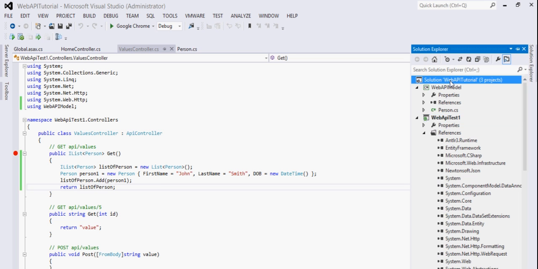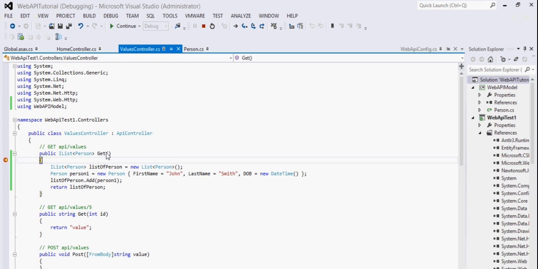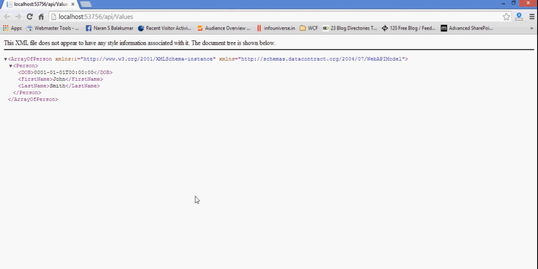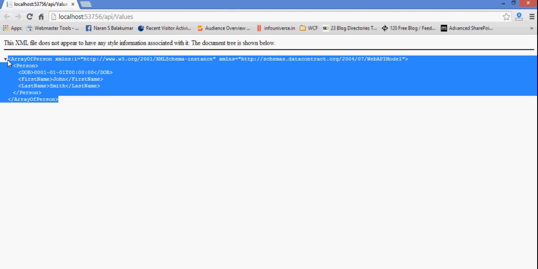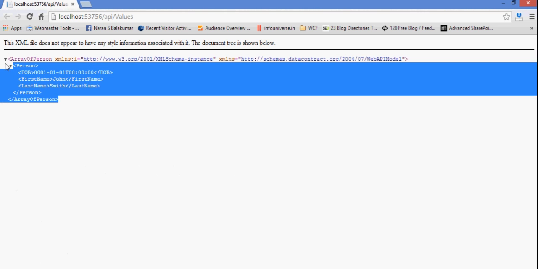Now let's rebuild it and see how the Web API behaves. This is the browser. Now let's provide the Web API URI. You can see again this method is hit. So it's creating a person object, adding it, and then simply returning it. So now here you can see it's a person object that has been returned by this